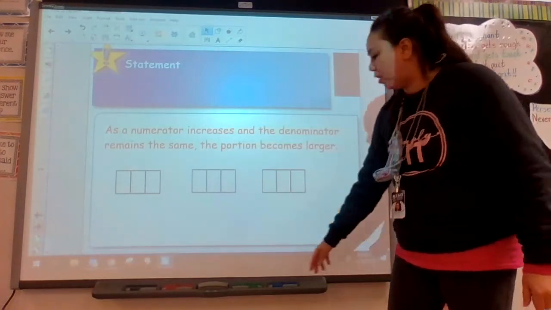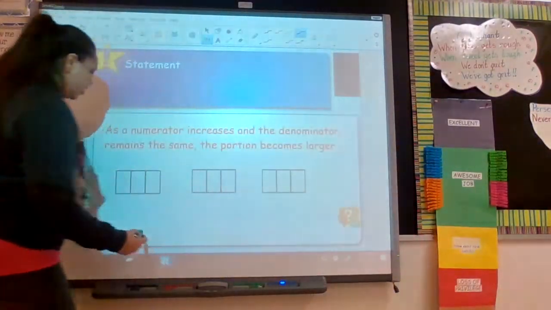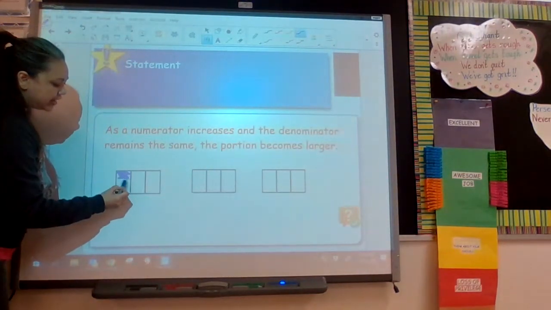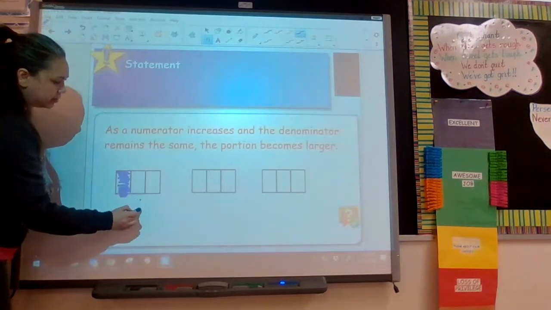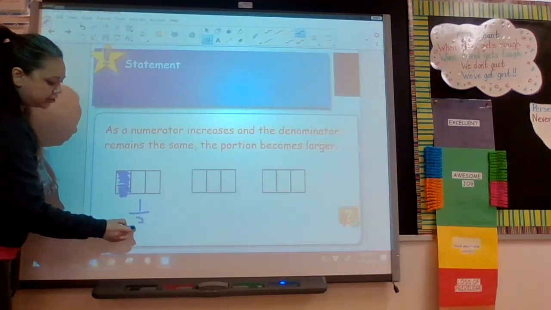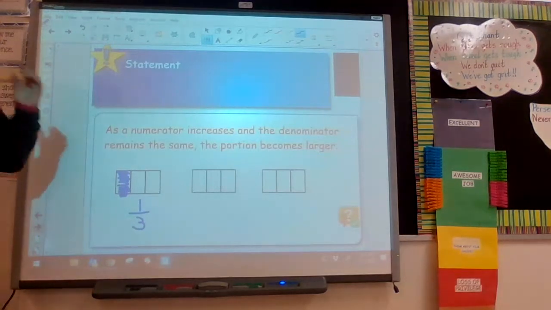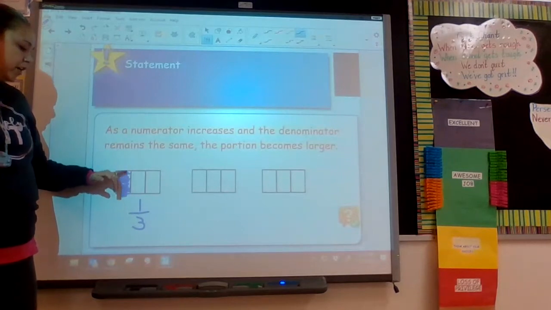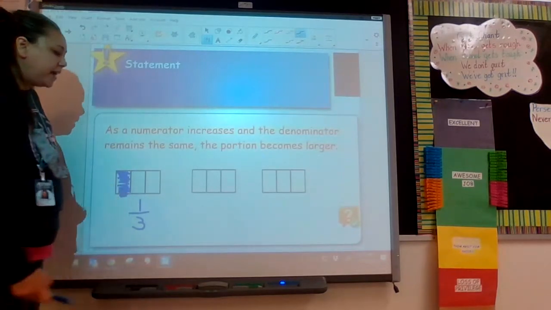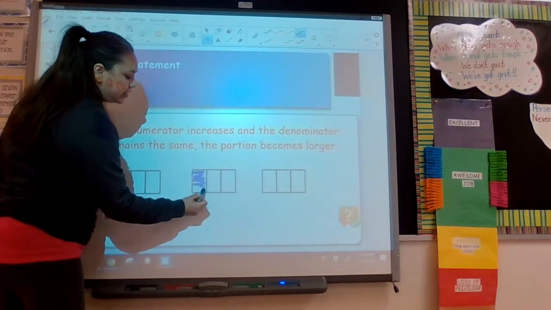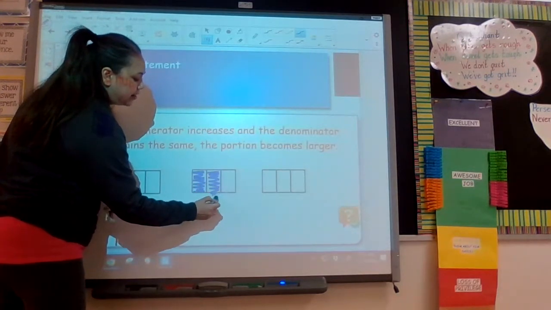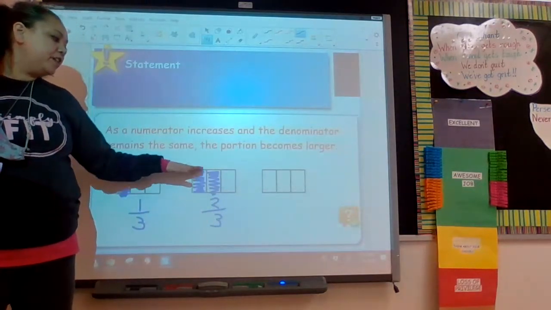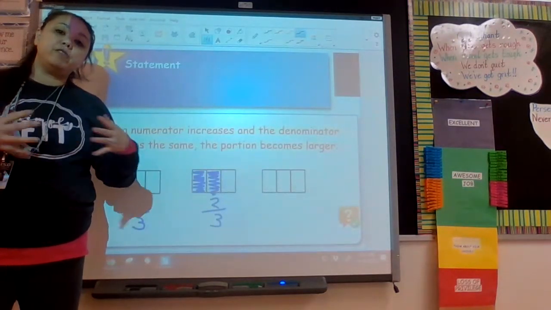The portion becomes larger. So if I show you that if I have 3 equal pieces, right here, if my denominator is the same, so this is 1 out of 3. Notice, think about a pie. If I have 1/3 of a pie, I just have one of those equal pieces. Think about if my numerator increases. Now I have 2 out of 3, but my denominator is staying the same. My whole is still cut into 3, but notice that 2 pieces out of 3 of the pie would be